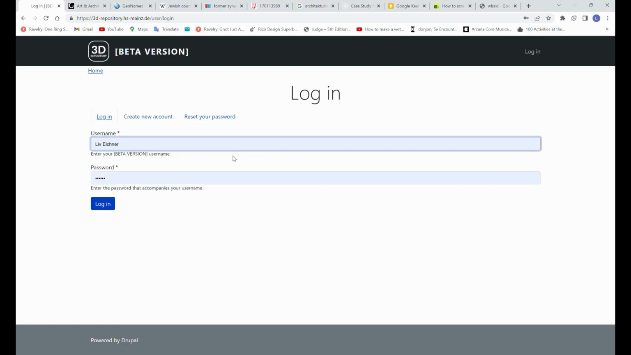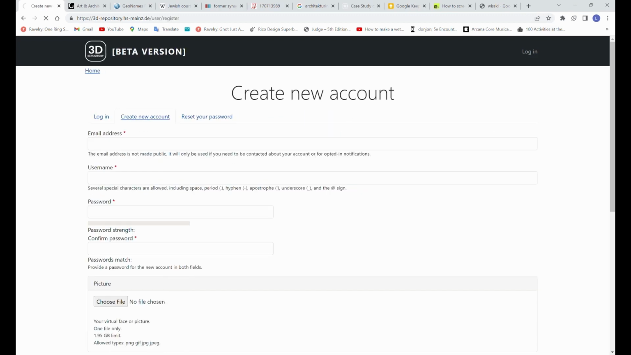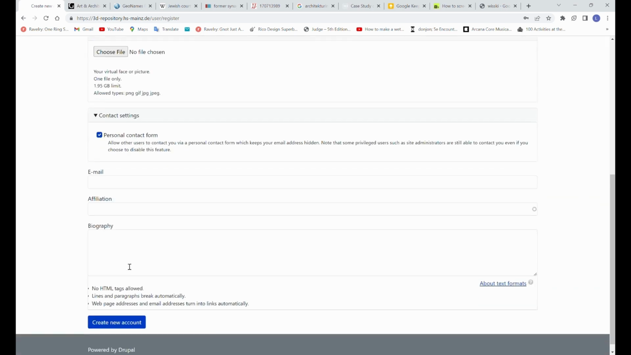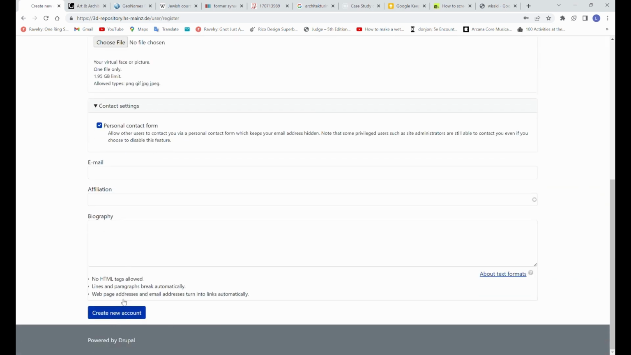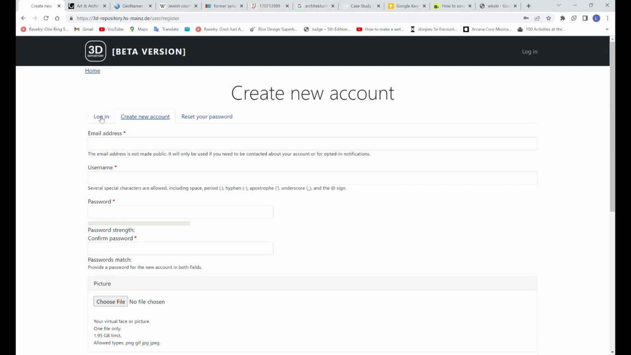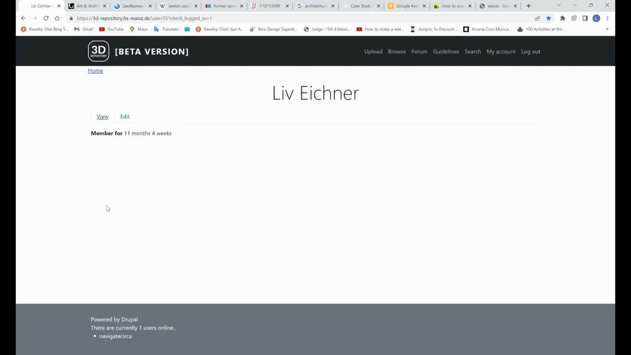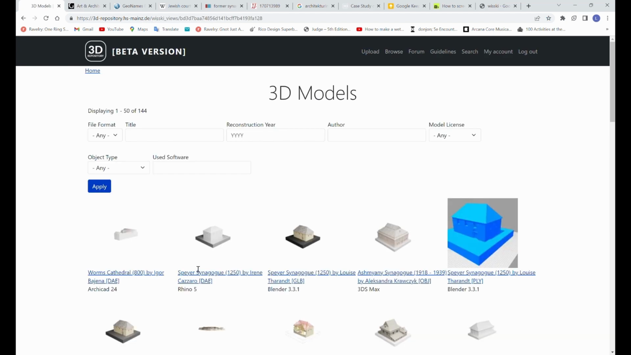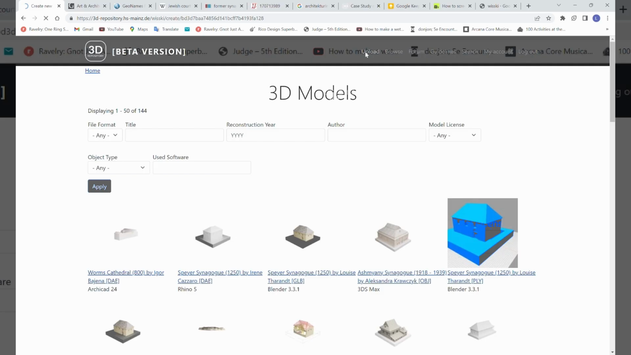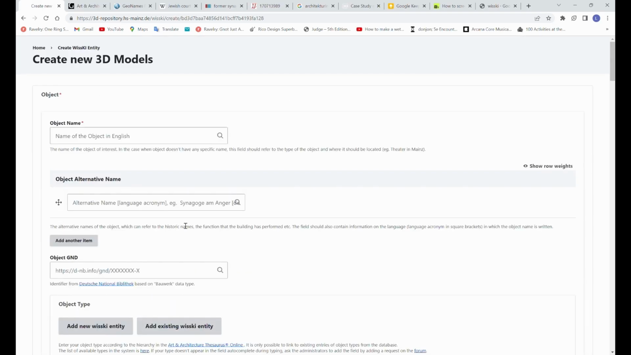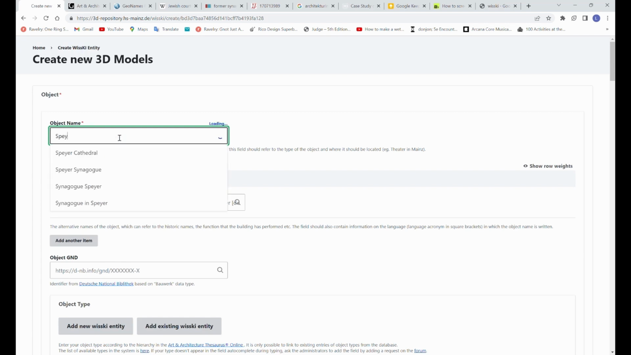First of all, you will want to log in, and if you do not already have an account, you create one here. You have to wait for an approval of the administrators to use the 3D viewer. I will just quickly log in here. In the Browse tab, you will see where your model will end up, but we will go to the Upload tab. First of all, you will need to identify your object with the object name